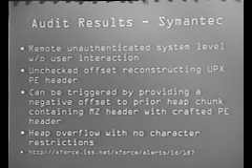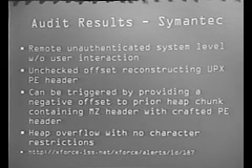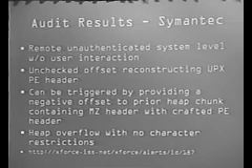Okay, so now we're going to go over some of our results during our AV audit, and I think that these results kind of speak for themselves. The software is supposed to secure you, and it's not. It's actually opening you up to more vulnerabilities, and that's really why we went after it, because the most interesting way to find bugs is when you can exploit something that's supposed to protect you.